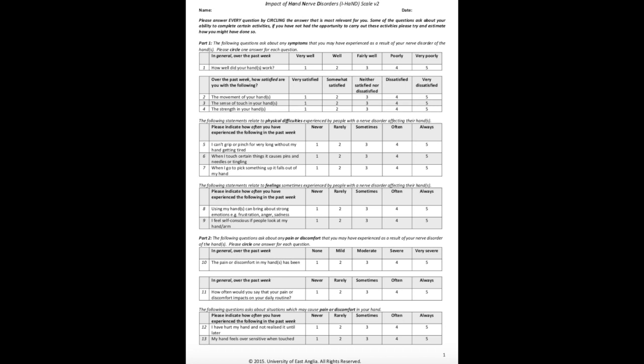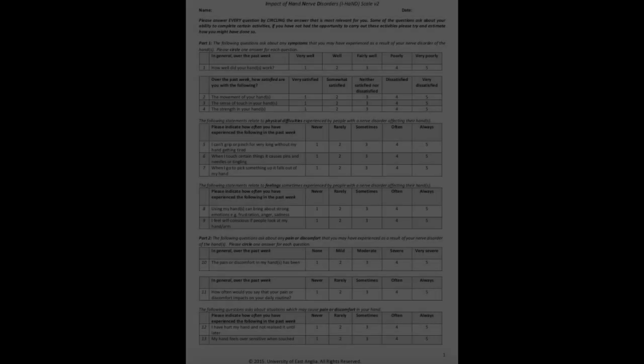The questions in the test also hit all of the points in the PEO model and most of the CMOP-E as well. Part 1 and 2 ask questions that cover the person category, as they dive into how the hand nerve injury is affecting the patient physically or physiologically by asking about pinching, grip strength, pain, discomfort, as well as emotionally and psychologically by asking about self-consciousness, frustration, and anger.